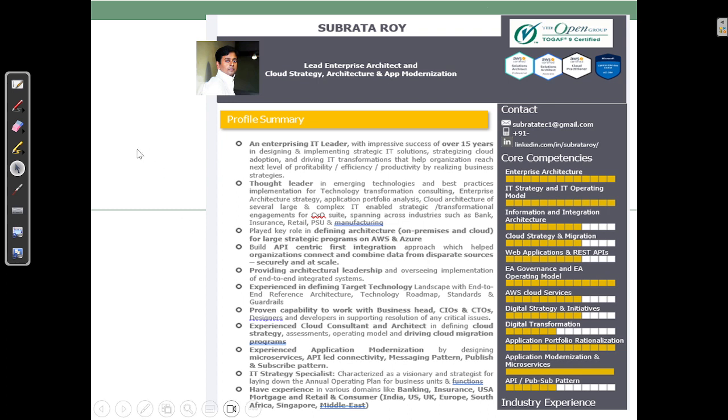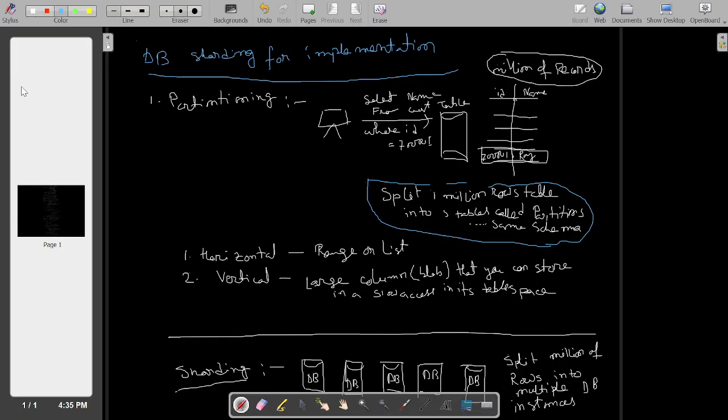So today's discussion on DB sharding, or database sharding, is also important. Now, before talking about database sharding for implementation, let's talk about the partitioning side. We all know what partitioning is in theory, right? Just to understand the difference, if I look at it from the partitioning perspective,